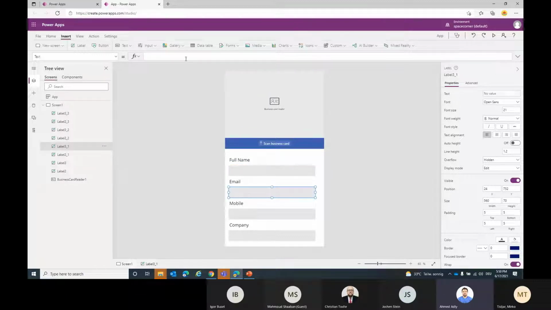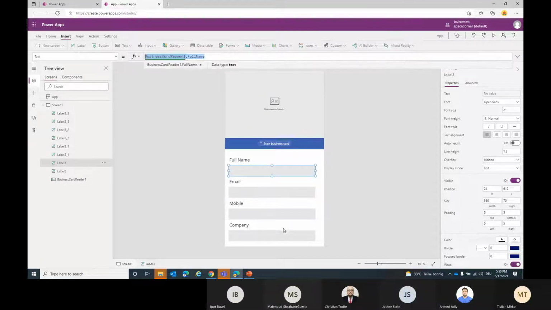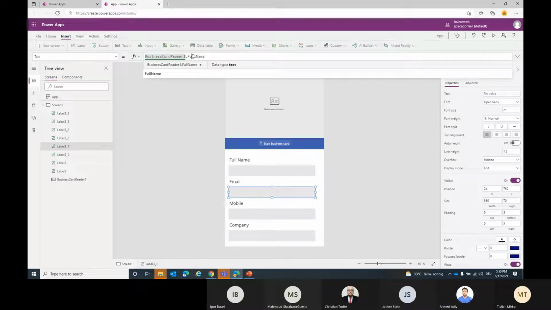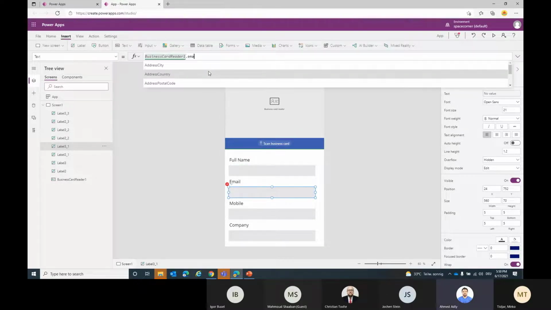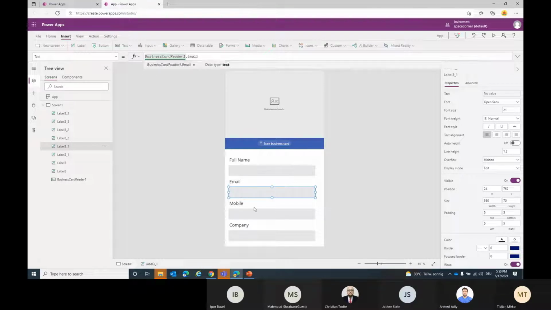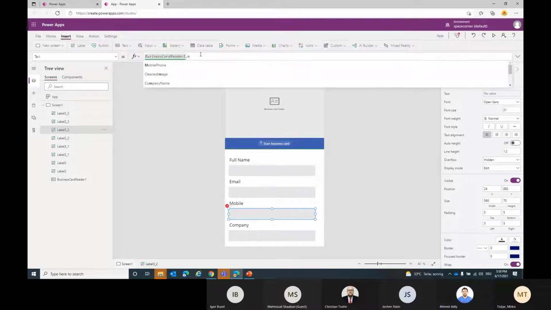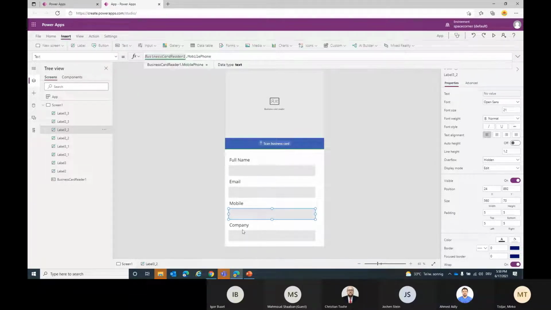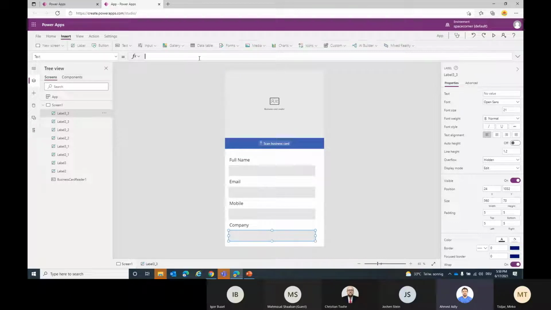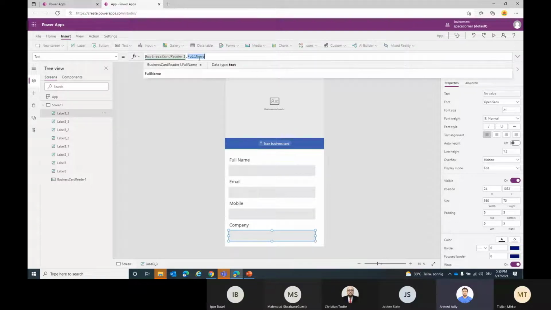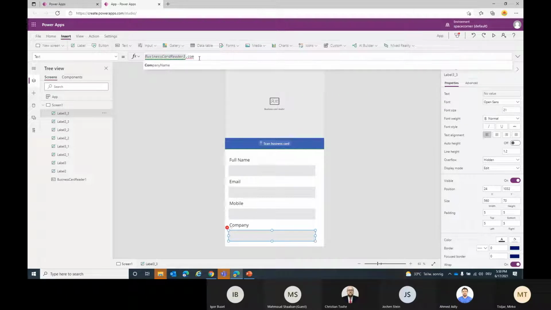Put the email. I'm going to set this dot email. Business card reader dot mobile phone. And here we have dot company. Cool. Now, these are the properties that you can extract, even more, of course, but let's give it a